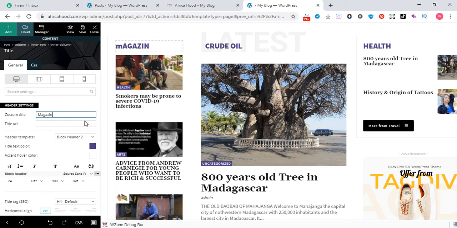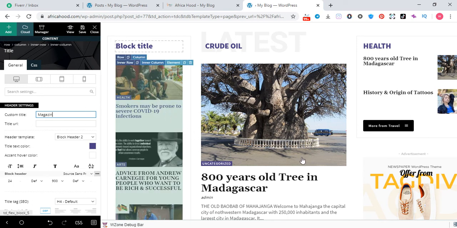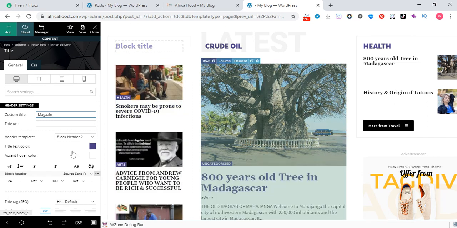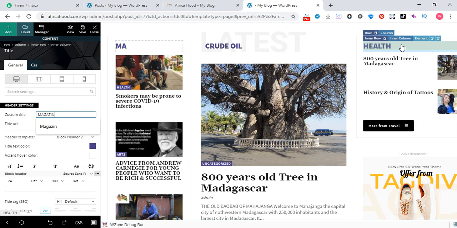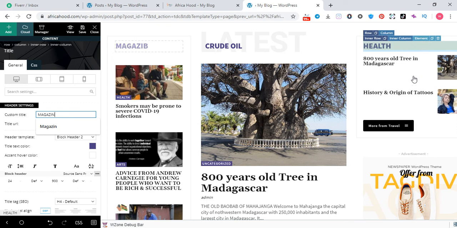I have added magazine. So I have added the magazine section here, so you need to change this section.